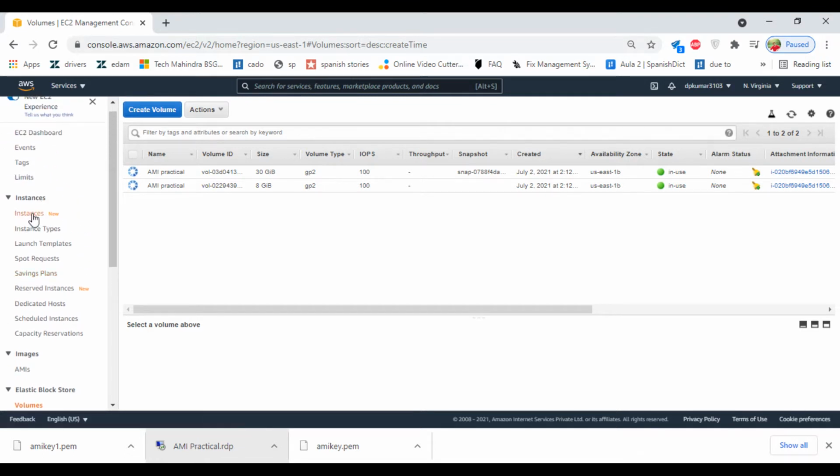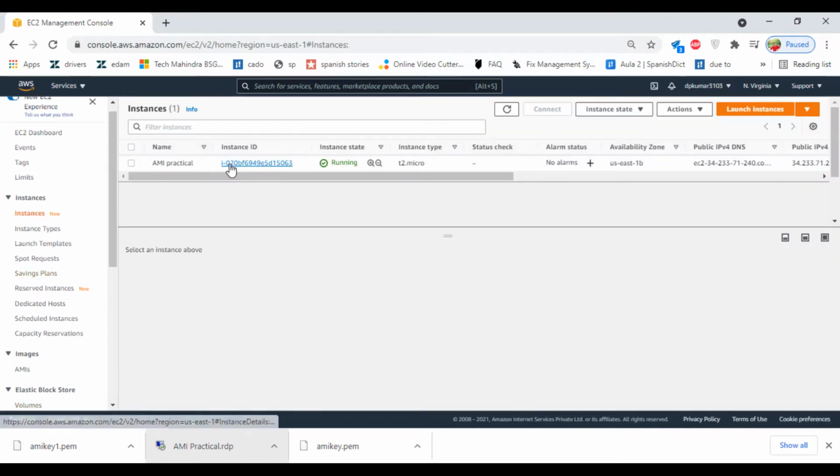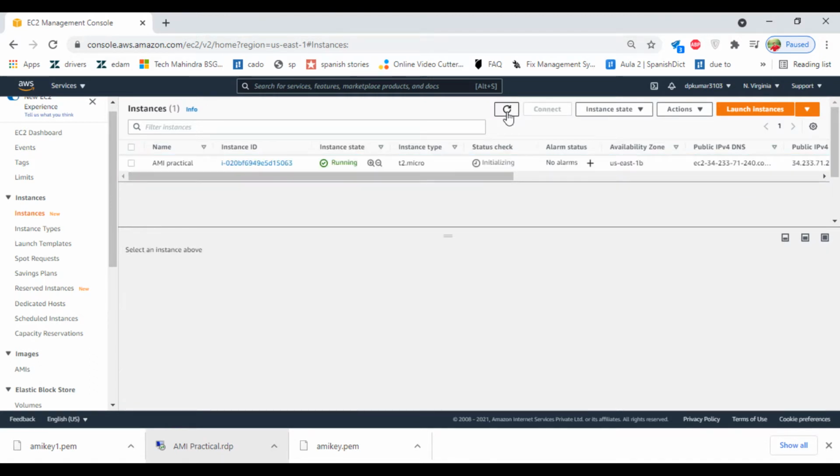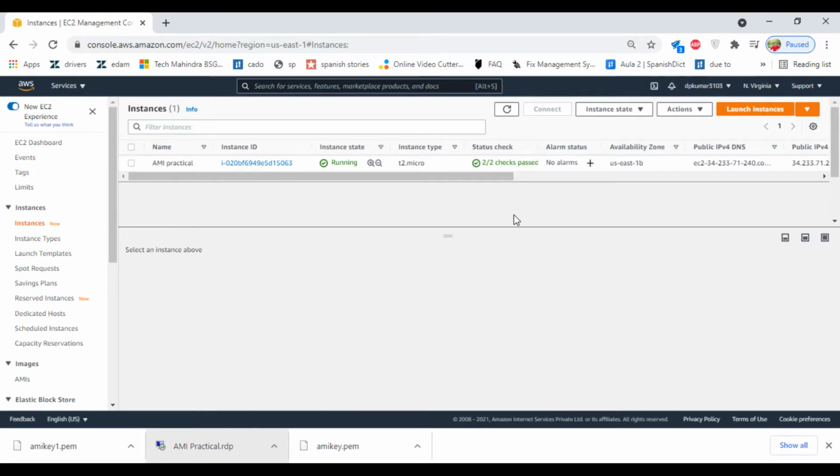So go to your instances, select your instance, click on refresh. The status check is not completed yet, so we have to wait. Our EC2 instance status check is completed.